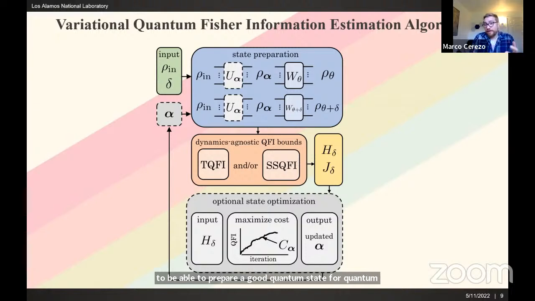Because usually whenever you think about sensing, you think about magnetometry. What's the optimal state? It's the GHZ state. But how do you know that the GHZ state is the optimal state? Well, because you have a lot of information about the problem. You know how the parameter is encoded. You know that there is no noise. You have a lot of information that you can use to reach the conclusion that GHZ is the optimal state. But if you don't have any of that information, if this is a black box, then you cannot get general theoretical results. And hence, this is why such a problem agnostic approach can be very useful.